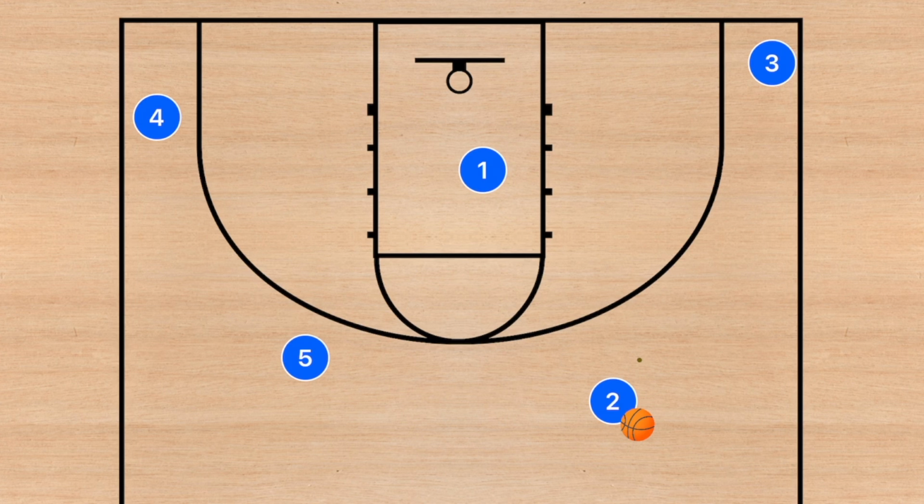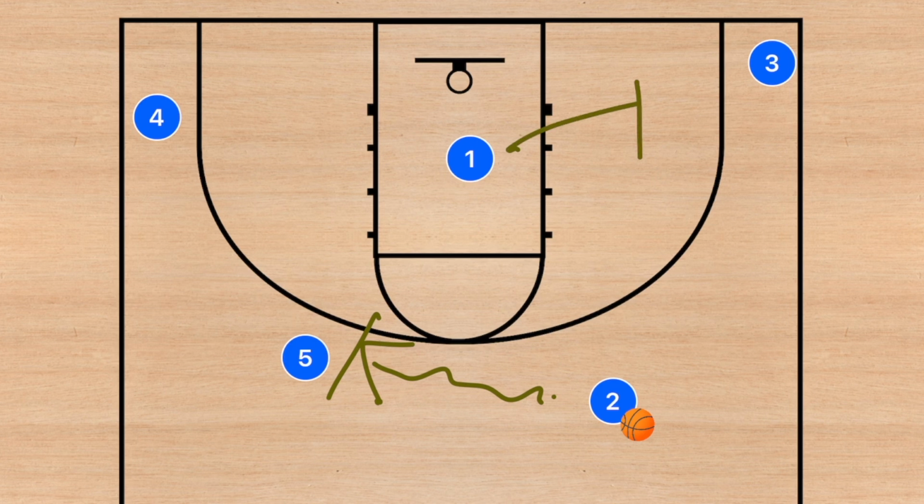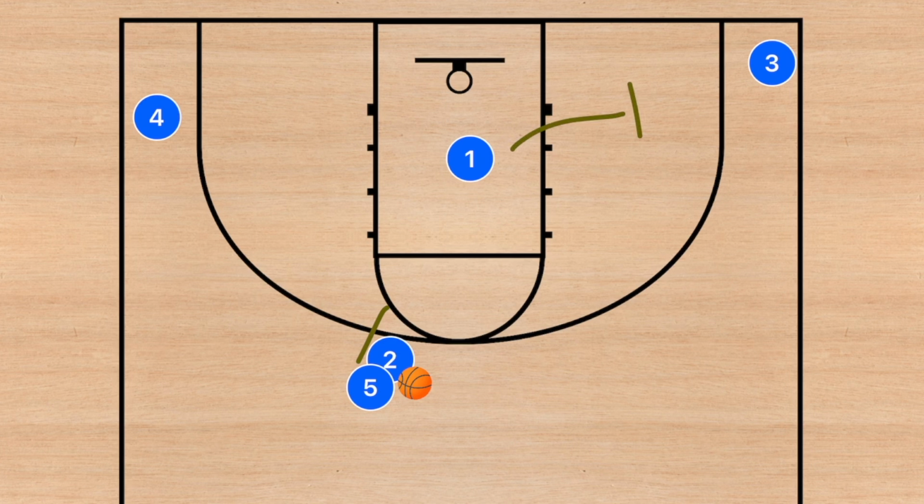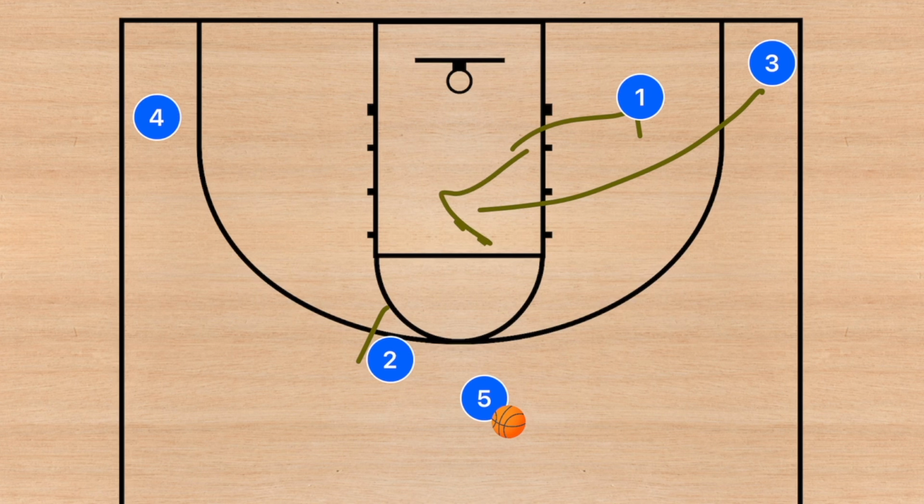Now, player 2 could go into a dribble handoff with player 3. He could also go into a dribble handoff with player 5. And what I would do with player 1 is depending on how player 2 reacts. So if he starts dribbling out towards that right side, then player 1 can set the back screen on player 4. If player 2 starts dribbling out towards that left side, then player 1 could set the screen away for player 3. If this becomes a dribble handoff, then now this screen, that handoff, and player 3 attacking or cutting to the basket,